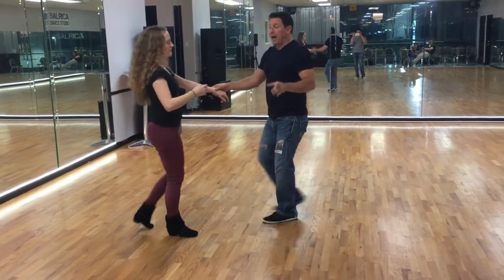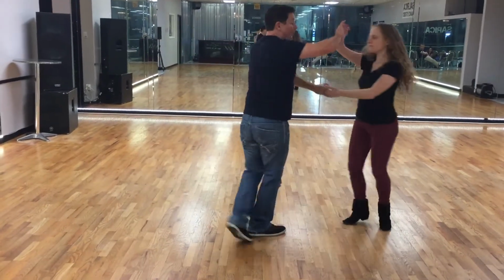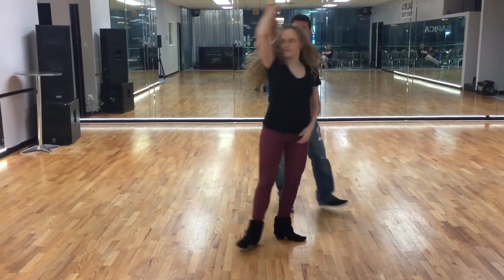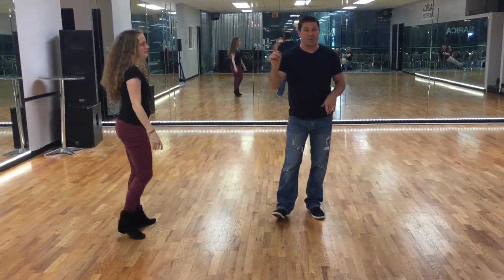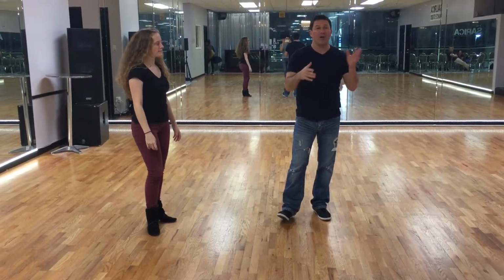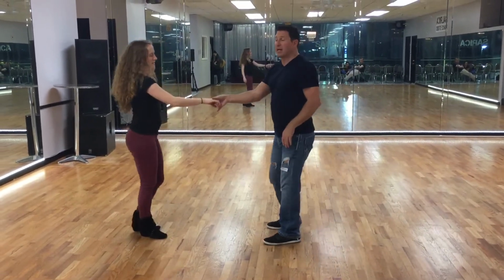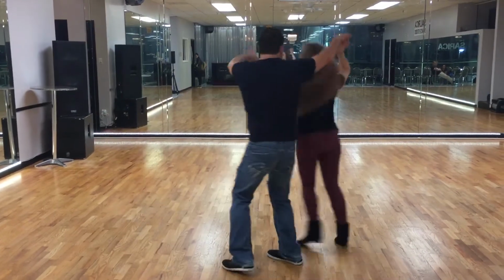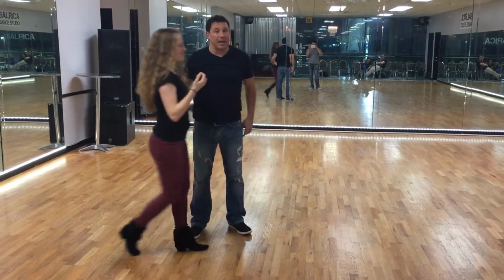We do a similar pattern that's really popular today, where we'll go 1, 2, 3, and 4, and the guys like to turn around and pick up this hand and give the lady a turn out of that. And I feel like most ladies feel like that's what's going to happen here. So it's really important that you keep your spacing away from her on the 4 and the 5, and then go with her on the 6, which is what entices her to not do the extra rotation. So I go like this, and as I go like this, she doesn't feel like doing that spin at all,